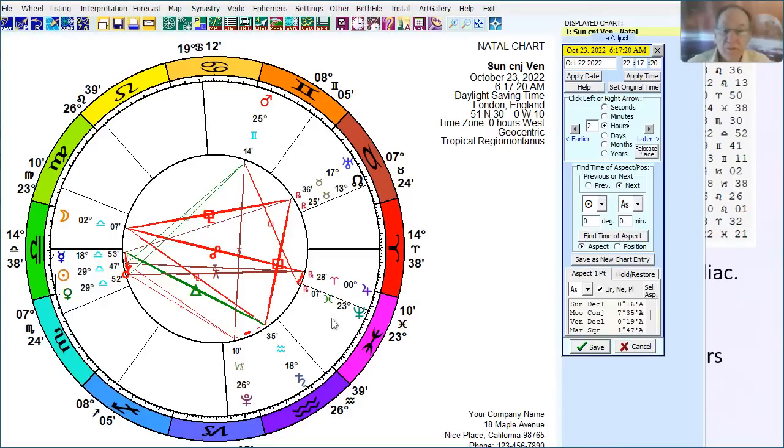Okay, so that's something I just wanted to mention, that there are different points of view on which one is the more yang, which one is the more yin. Is it the direct Venus more yang, or is the retrograde Venus more yang? Okay, that's point number 1. Back to the PowerPoint.